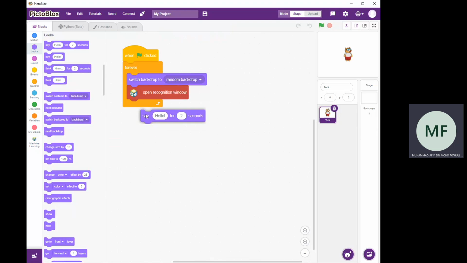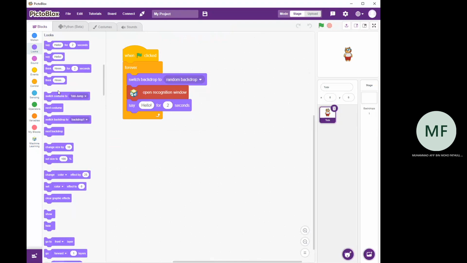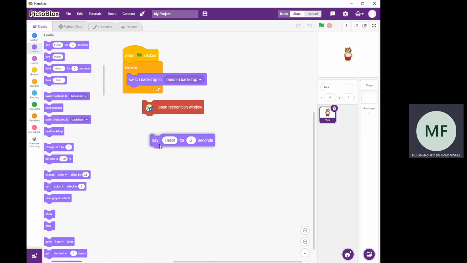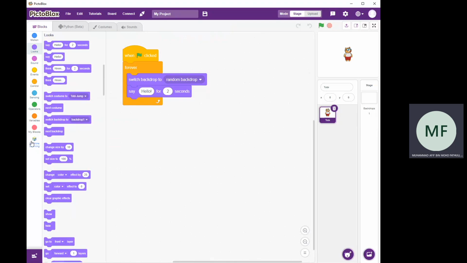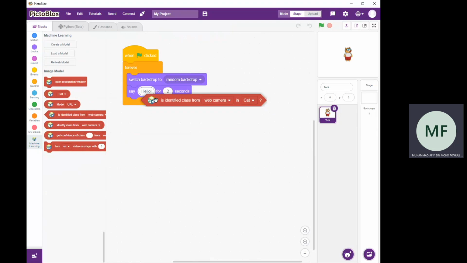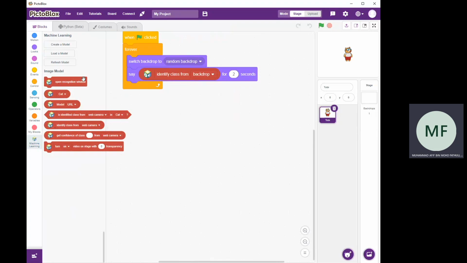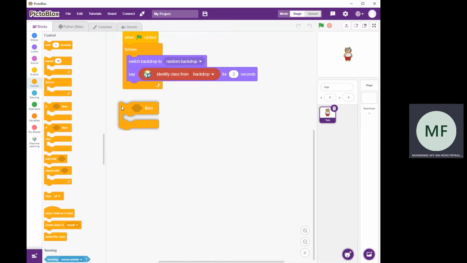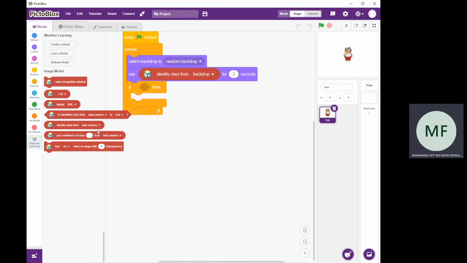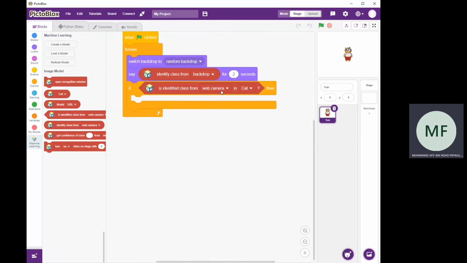Okay, and then see. Oops, sorry. This one: identify class from our backdrop. You can also use web camera or stage or costume. I do it for 2 seconds. And then you put an if-then conditional block. So if identified class from backdrop is cat,